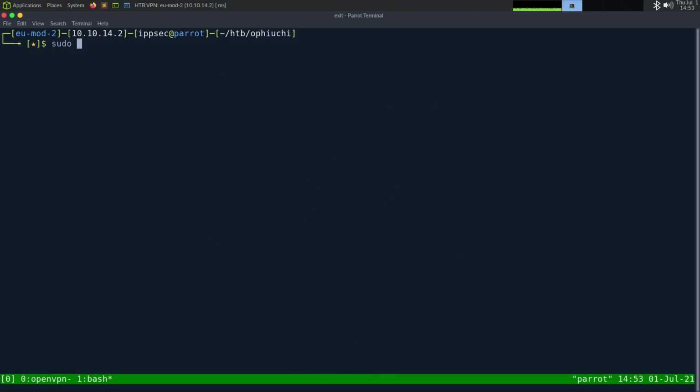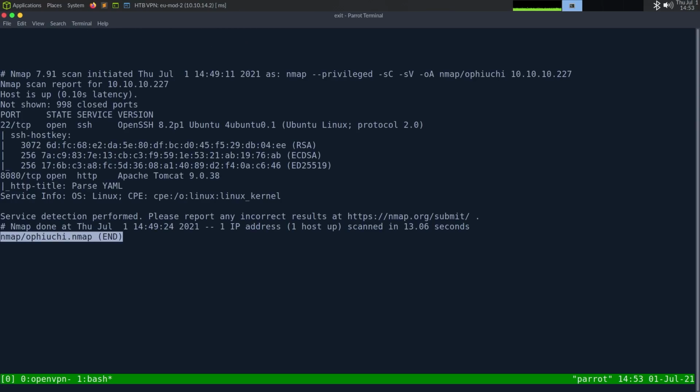As always, I'm going to start with the nmap, so -sC for default scripts, -sV to enumerate versions, -oA to output all formats, put it in the nmap directory and call it Ophiuchi, and then the IP address of 10.10.10.227. This can take some time to run, so I've already ran it. Looking at the results, we have just two ports open, the first one being SSH on port 22, and its banner tells us it's an Ubuntu server. We also have HTTP on port 8080, and its banner tells us it's Apache Tomcat version 9.0.38,